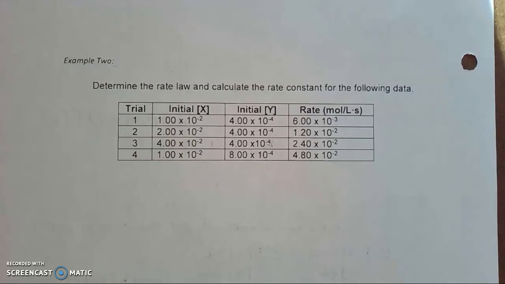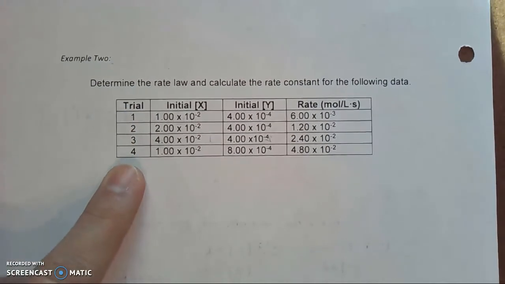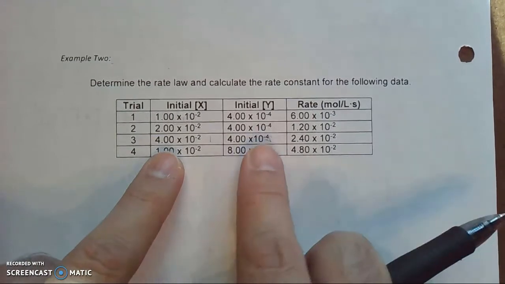Welcome back to Chem 2, Unit 4, Chemical Kinetics. Lesson number 2 on rate laws. This is video number 4, and we're going to look at another example or two on how to calculate rate laws. So here we're given 4 reactions, 4 experiments or trials, and we're given data on X and Y and